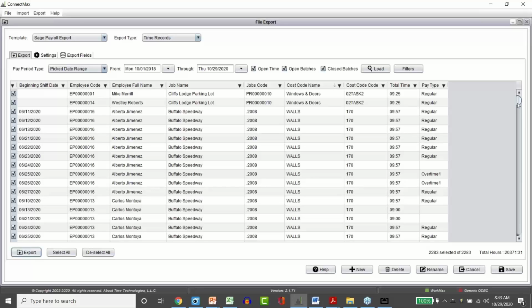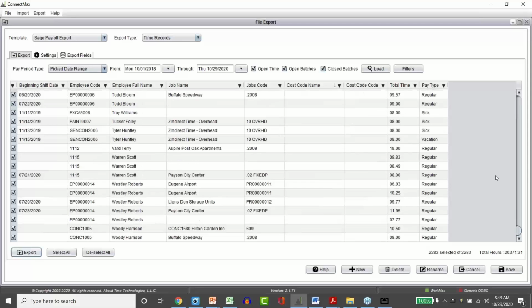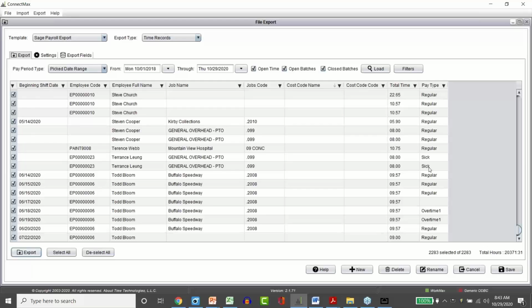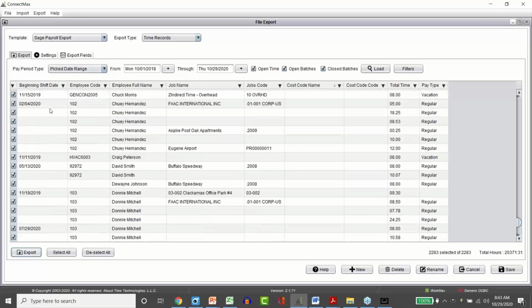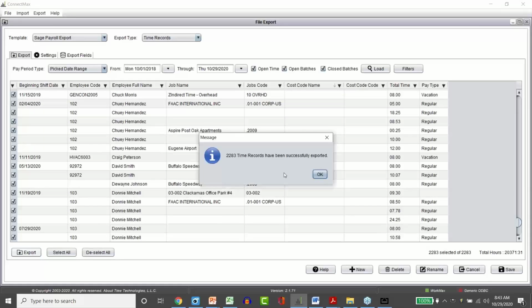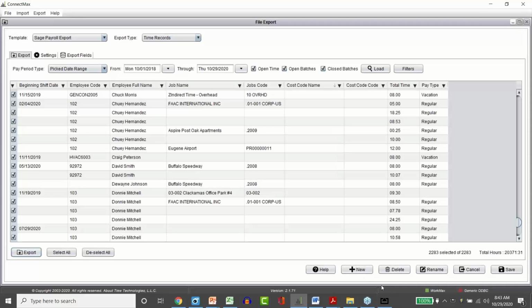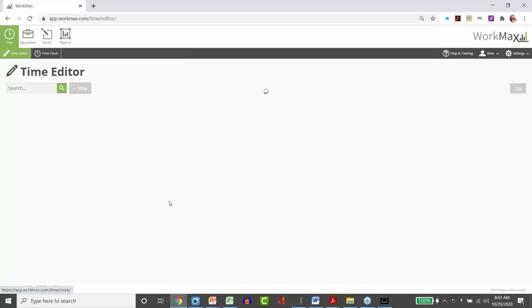You'll see here at the bottom, I have over 20,000 hours in this export. If I scroll through those, there's all the different regular, overtime, sick, whatever different pay type was included in a given shift, name, all of these different data points. I can simply hit the export button, and that will export all those data points into the Sage file system. This is for Sage 300 CRE. If it's Sage 100 Contractor, we can push that data out right through your WorkMax Control Center